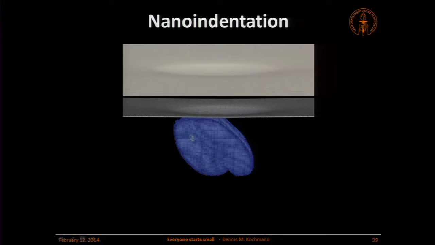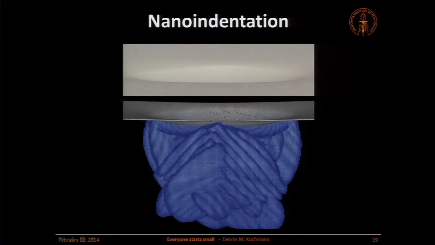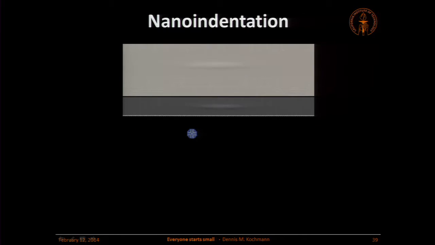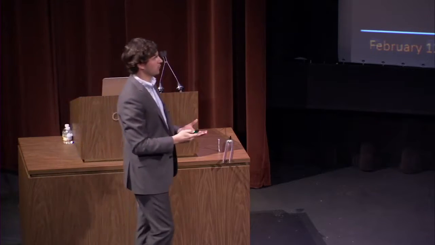They are extra planes of atoms which are not supposed to be there. We're showing them here. Of course, everything here is full of atoms. We're just showing you the ones that are interesting. These are dislocations. So what happens here is at a certain point, it's not elastic anymore. You form these defects, you form dislocations, you permanently deform the crystal.